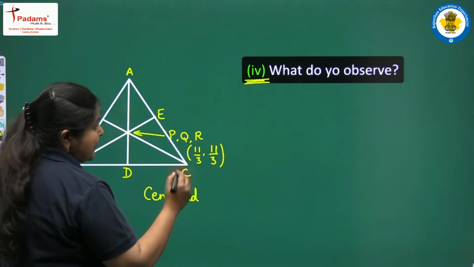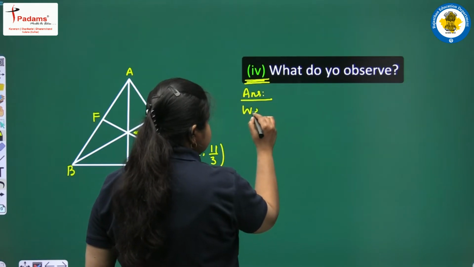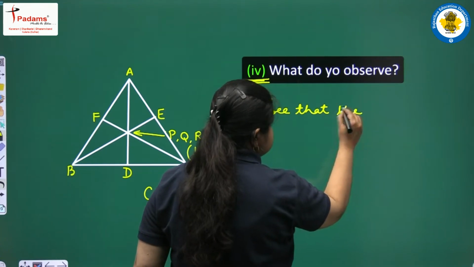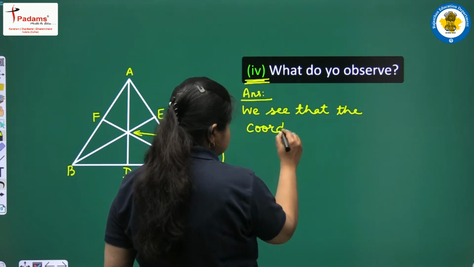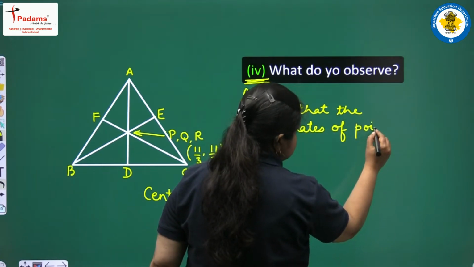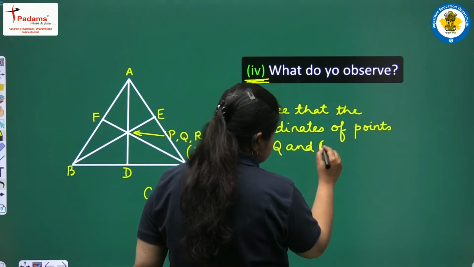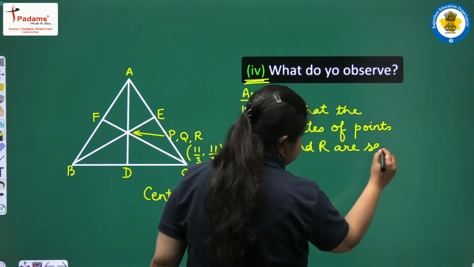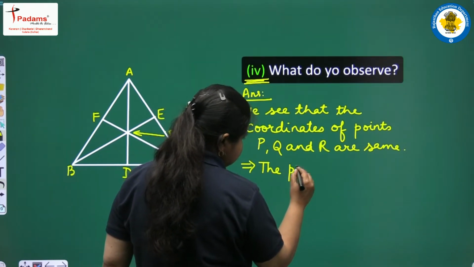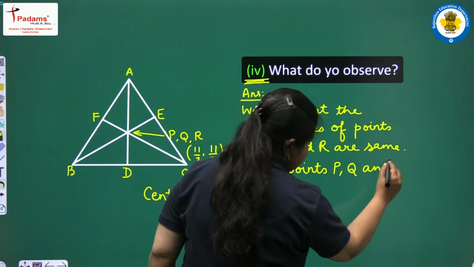We write it here, answer: we see that the coordinates of points P, Q and R are same. This means the points P, Q and R are